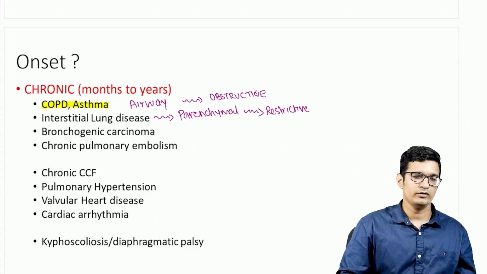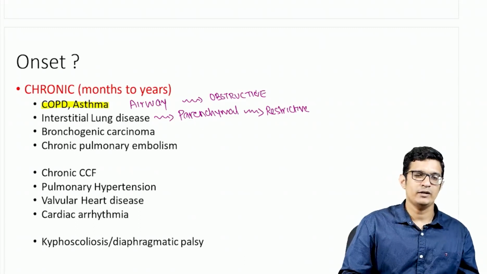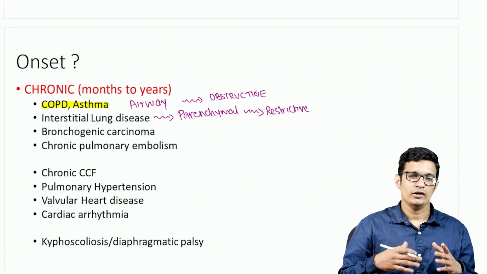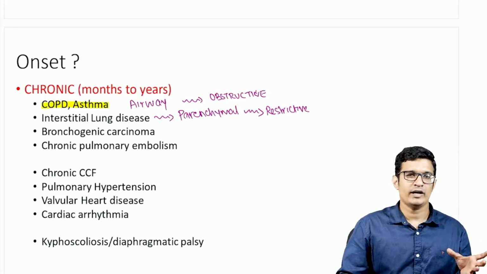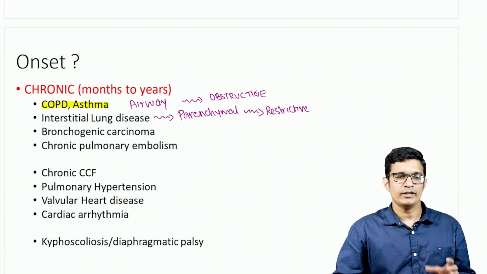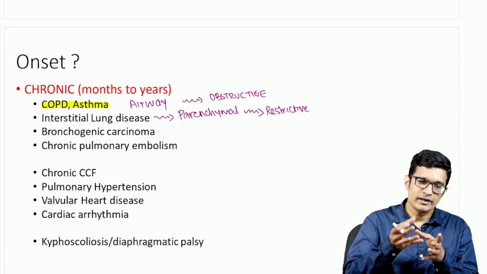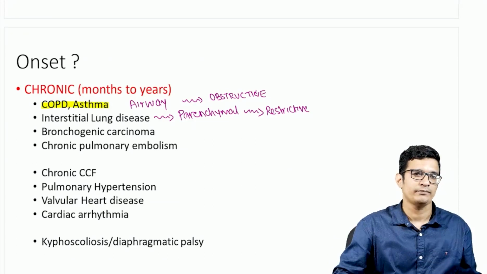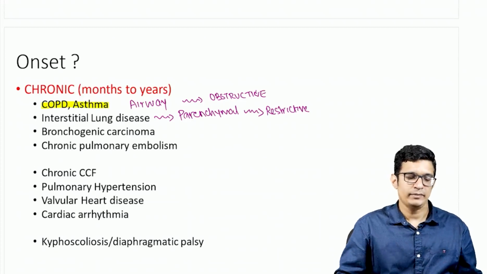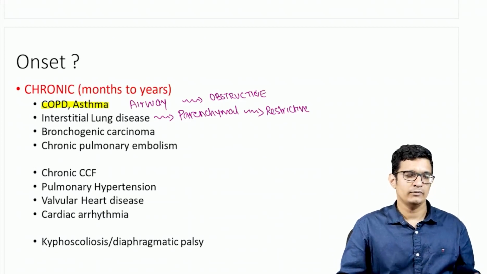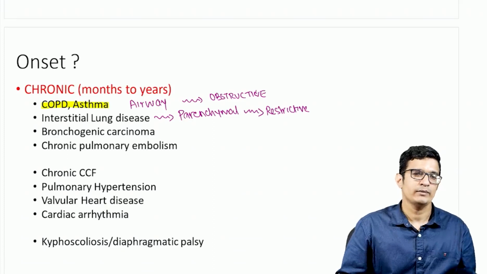If it is due to exposure to sugarcane dust and the like, we call it bagassosis. Cotton dust, we call it byssinosis, etc. So these are all occupation related or other external factor related fibrosis and chronic scarring of the interstitium of the lung. Ultimately, when there is so much fibrous tissue, it will restrict the inflation of the alveoli. So the restriction occurs predominantly during inspiration, and the patient finds it very difficult to take in air because of the restriction caused by the chronically fibrosed parenchyma of the lung.